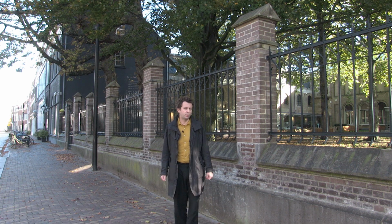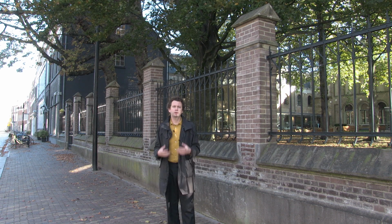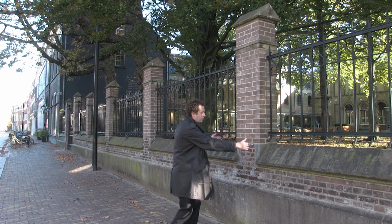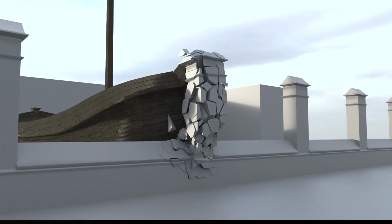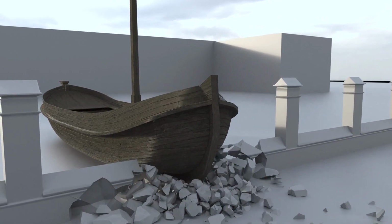In the second phase of the project, the boat is going to be dragged from the Dordrechts Museum to the Hofkwartier using people power. So it's going to be dragged by teams of people through the streets. The first and perhaps most dramatic part of the journey is when we break through the fence of the museum. We will remove this section of fence and replace it with a replica through which the boat will be dragged